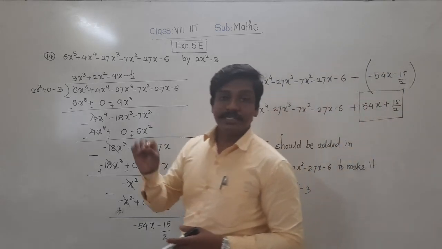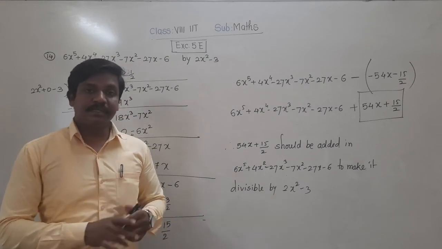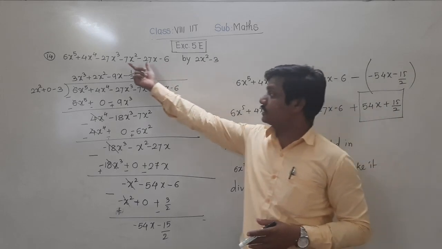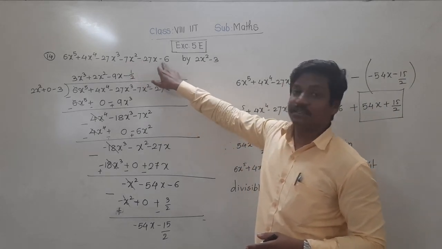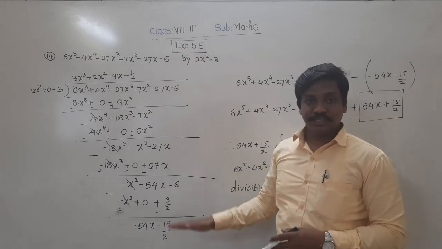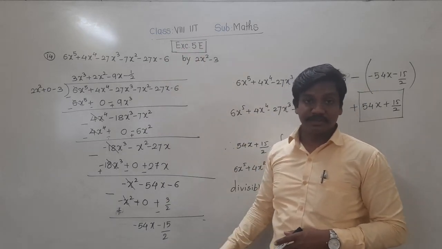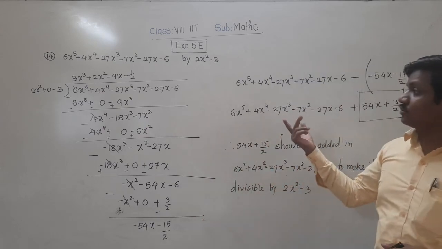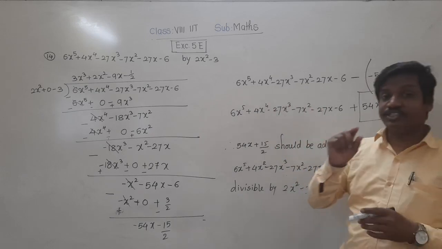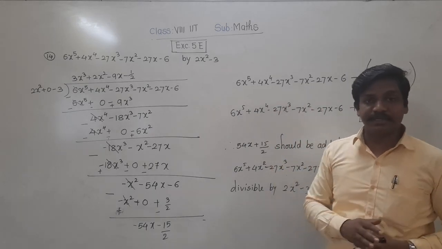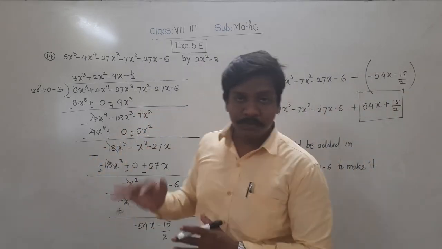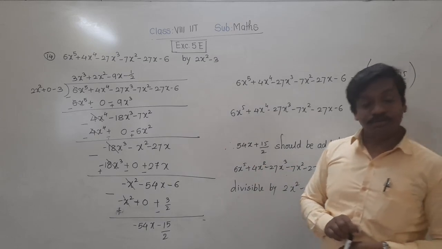Next, MCQs are there, 15 and 16. The MCQ number 15, that is question number 15, is the same as this example, just these two terms are positive. So you have to divide in this only and check what remainder you are getting. And the 16th example is also very easy. You have to divide and find which number should be subtracted to make the number divisible. So whatever remainder you get, that number you have to subtract. Okay. So solve properly and get the correct option.